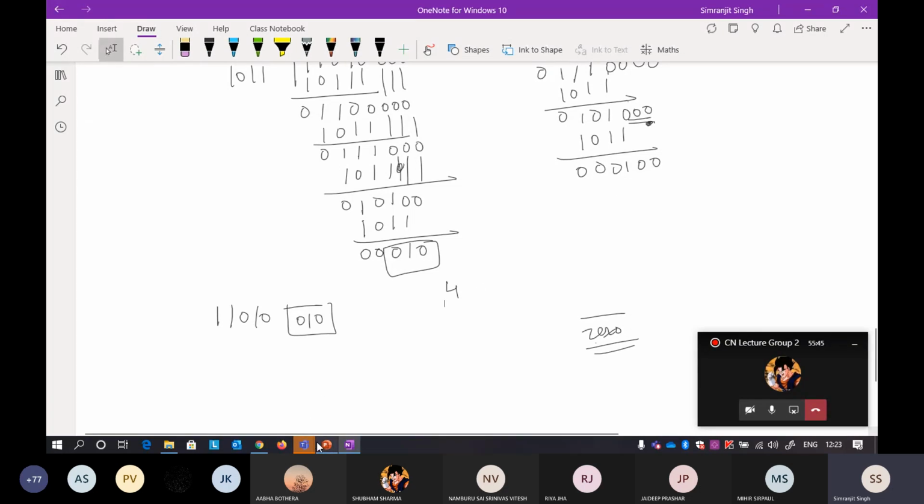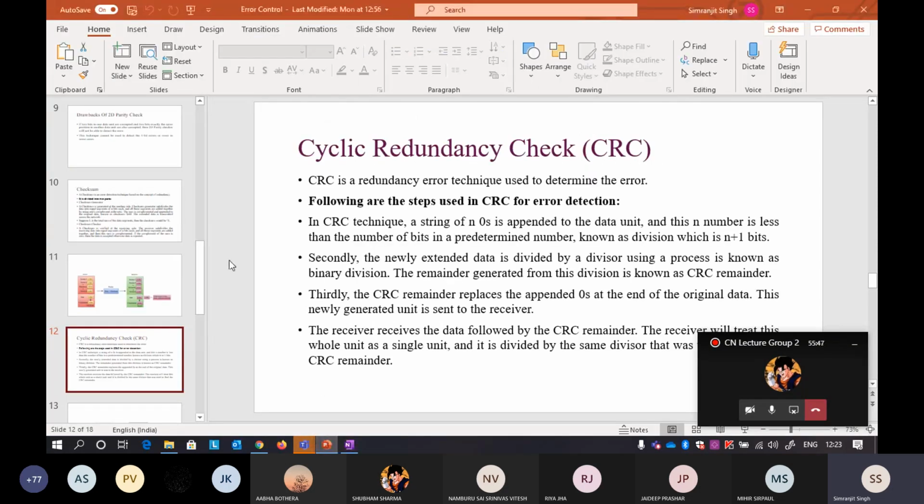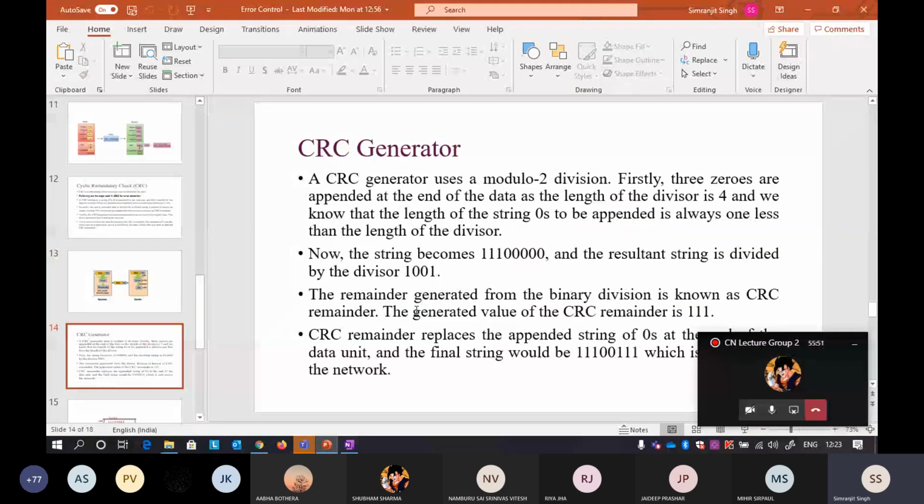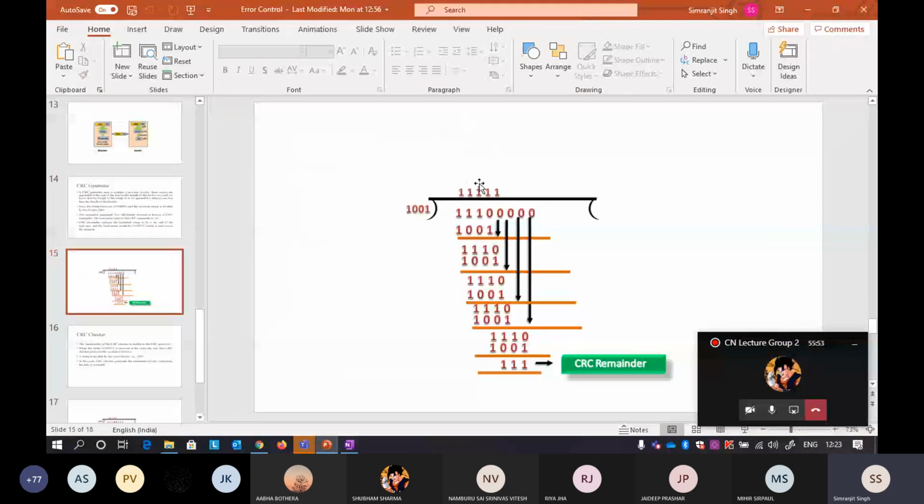Okay, so now this is your CRC. After that, if you figure it out, you will find this particular... Yeah, this is a different example that is given. You can look at this example and you can go to the GeeksforGeeks site. You will find different examples of CRC there also. You can refer to any other site, but again, the main concept is the same.